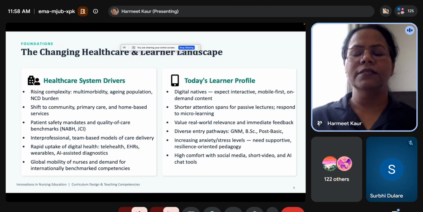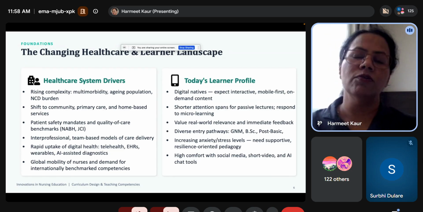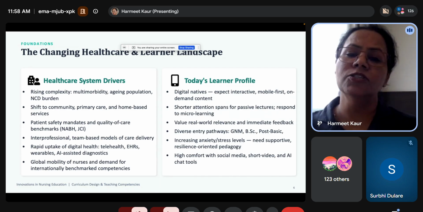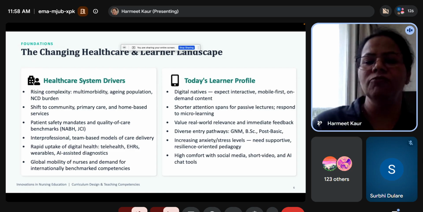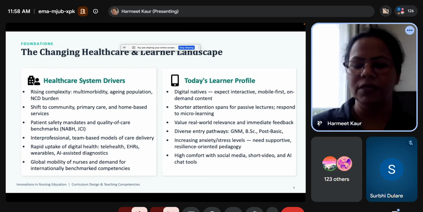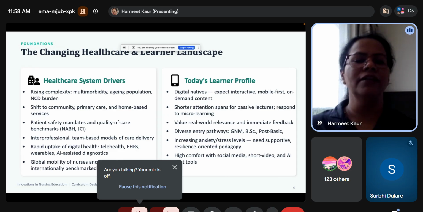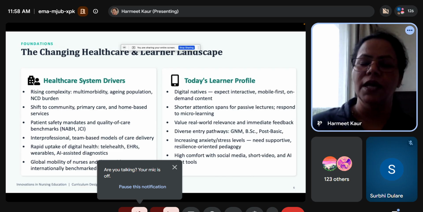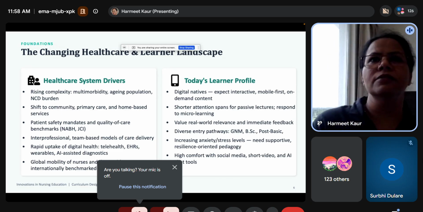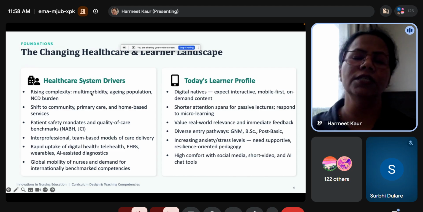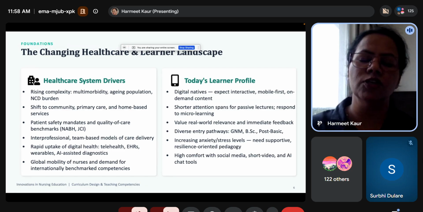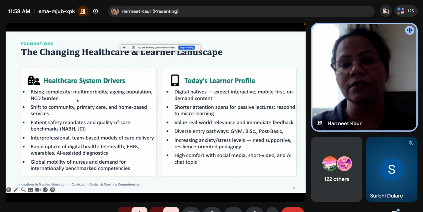Okay, so healthcare system drivers, and also at the same time, the learner's profile is changing. If we talk about our times when we were students, that time we had a different mindset. We were not having a lot of opportunities available, and at the same time healthcare system is changing a lot. If we talk about healthcare system drivers which are needed for innovation in nursing education, first and foremost is rising